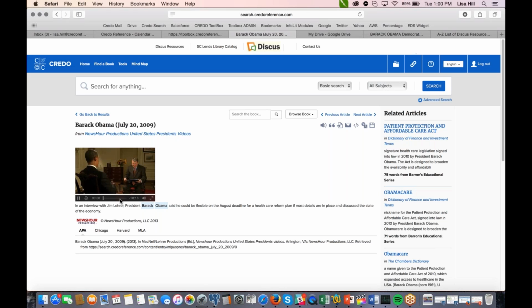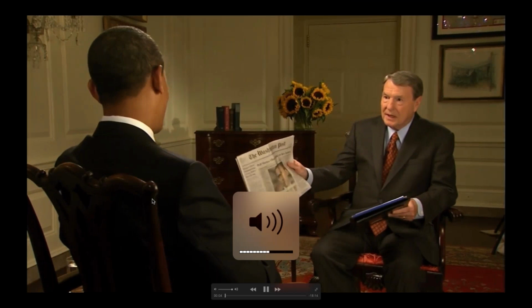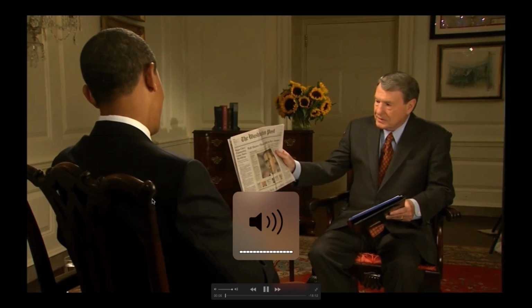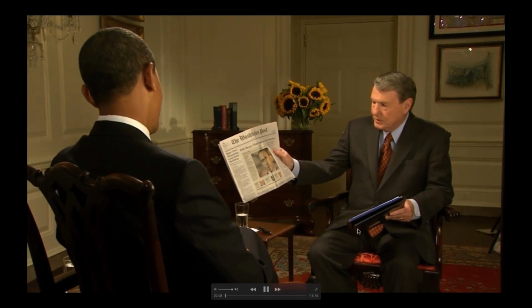Mr. President, must have been a little unpleasant for you to wake up this morning and see this headline. Washington Post poll shows Obama slipping on key issues, approval rating on health care falls below 50%. What's that mean? It means that what we're doing is hard. And, yeah, the truth is,